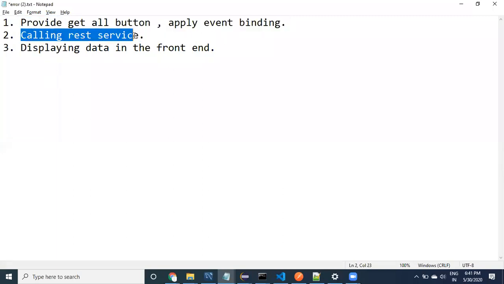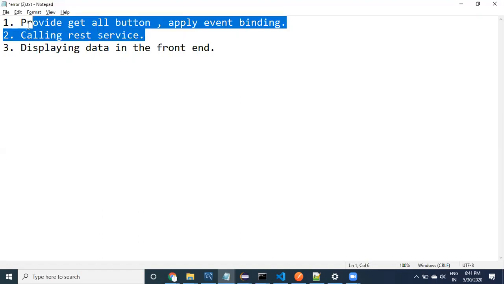Okay, good. Now we need to call the REST service. To call the REST service, what do we need? HTTP client is required. To use HTTP client, we need to inject it in the constructor. And to inject the HTTP client, we need to import the HTTP module. To import the HTTP module, we need the HTTP module class, and the HTTP package is required. To get the HTTP package, you have to install it. But we have already done that in the project. You don't need to do all these steps. You have to use that HTTP client directly.